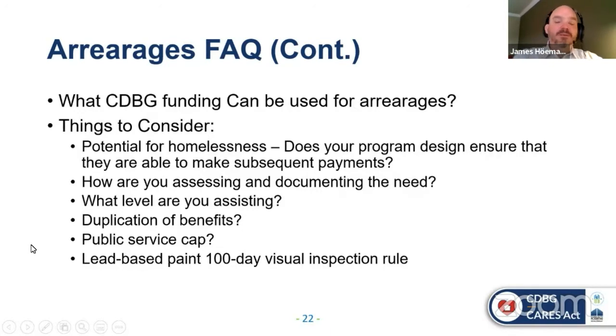So, what can be used for arrearages? Well, you can use your annual CDBG, or you can use your CDBG-CV or your 19 to 20 that you're using for that. So again, this policy applies to both programs if you want to look at it that way. We wrote it that way on purpose because we know there are grantees that are kind of straddling the fence where they may be using CDBG-CV for capital cost and not that much in terms of public services, or they're